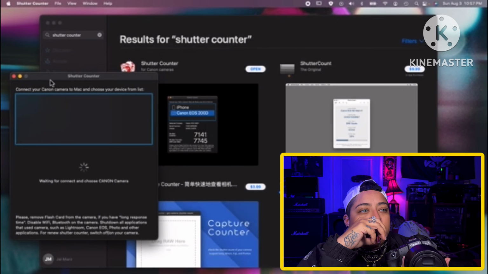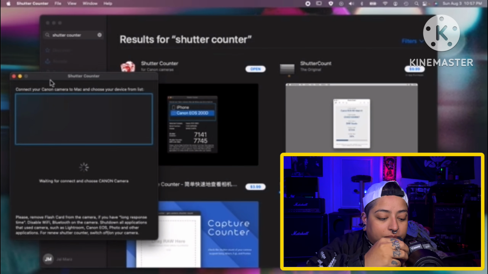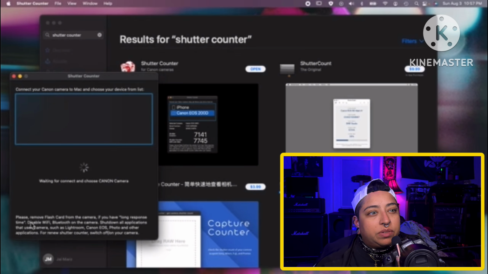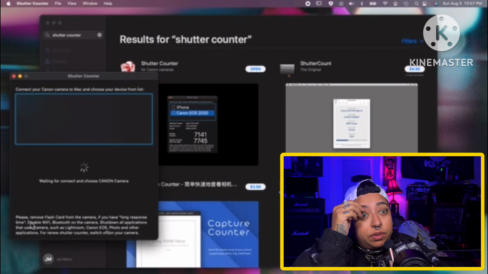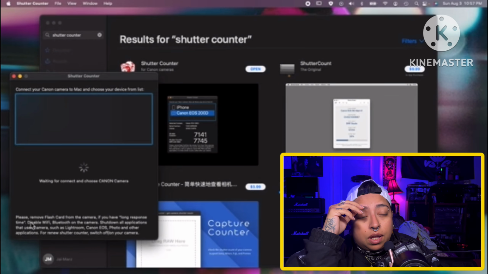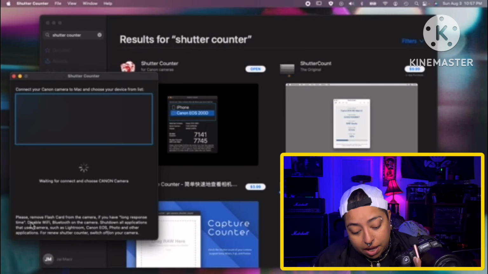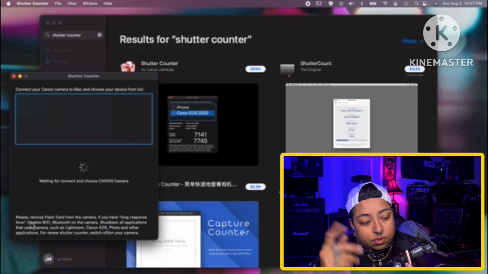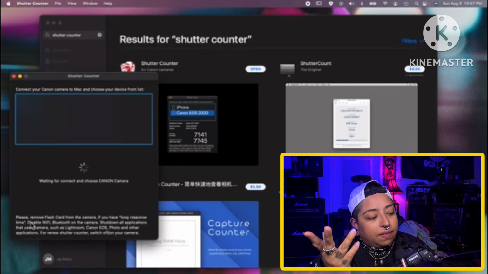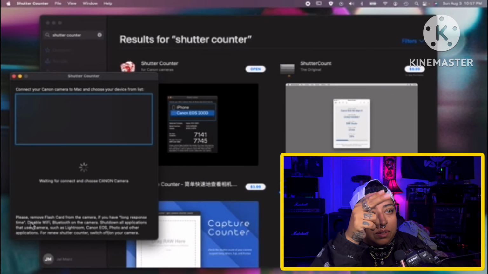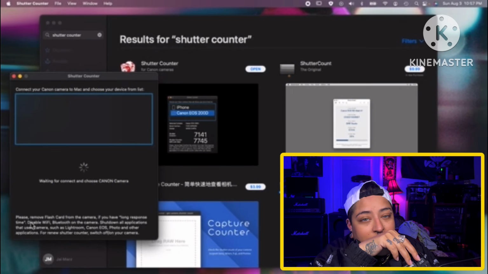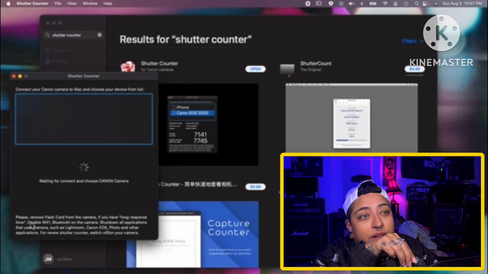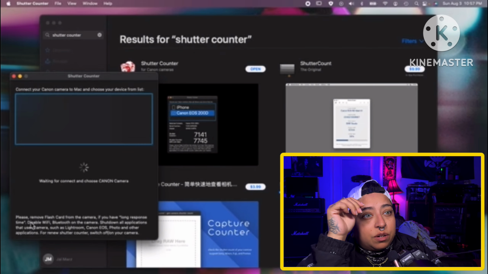Okay, so we're all plugged in. If you read on the bottom, where's my mouse? Right here it says, please remove flash card from the camera if it's taking too long. So I already did that. I took my memory card out just in case, because I don't want it to just keep loading. Then you just turn it on and hopefully it works. Let's cross our fingers. Okay, ready? 1, 2, 3. I turn my camera on,